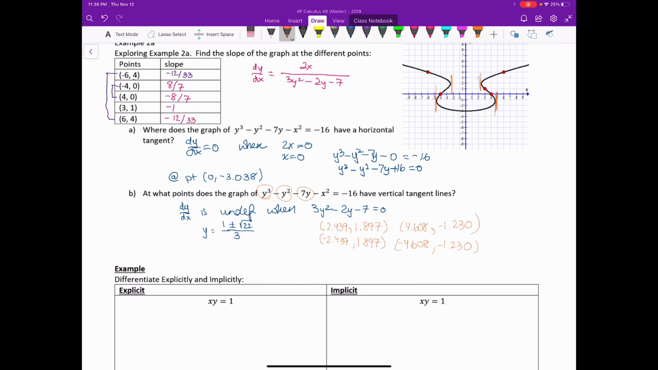Let's see if it holds true. Let's test one of them. Let's see, around 2.5 and 1.9, there should be a vertical. So around 2.5 and 2, almost 2.5 and 2. That's that one right there. Okay, that seems right. And then the other one, -2, that's this one, -2.5-ish, and 1.9, that's that